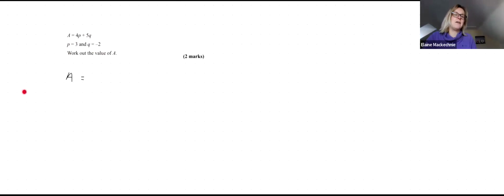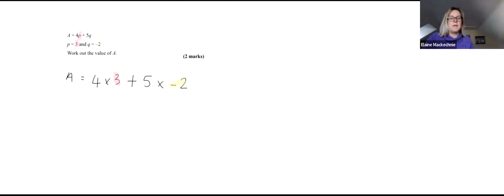I would insist they set it out. I'm going to write A equals 4 times 3 because p is 3. Let's just get a bit of highlighter and show you that. So 3 is that there. I often find using these colours is a really good way of helping the students see what's going on. And then we're going to add 5 times -2. Let's grab a different colour. I'm just using Zoom whiteboard for the first time, actually. I just decided I'd give it a go. -2,